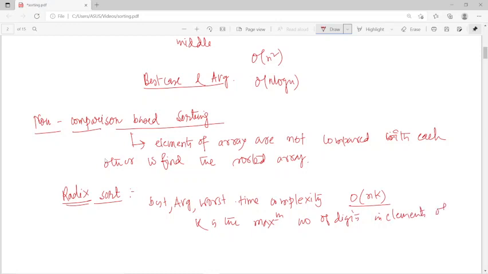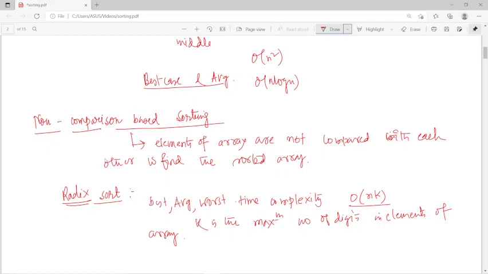But you may ask the question: in the case of comparison based sort, the lower bound means you cannot do the sorting with less than the complexity of order of n log n, but in the case of non-comparison based sort it is linear. You can do radix sort in linear complexity. So why should we not use radix sort in a normal or general case? Because it has been proved that the lower bound in the case of comparison sort is order of n log n, and for radix sort, count sort or bucket sort,